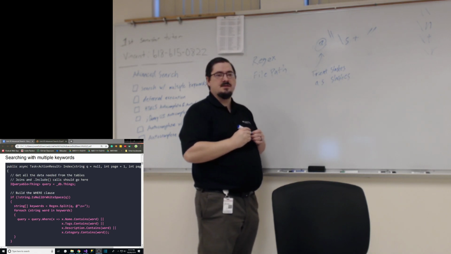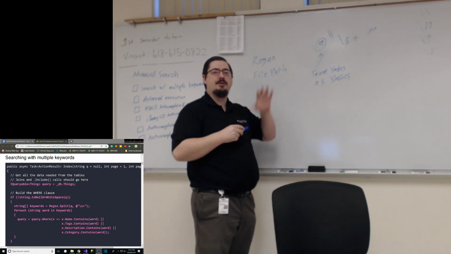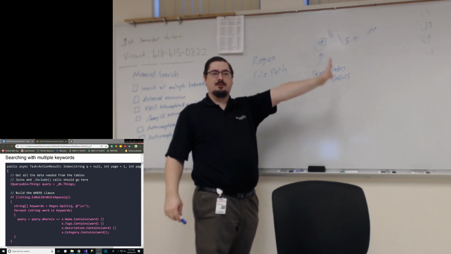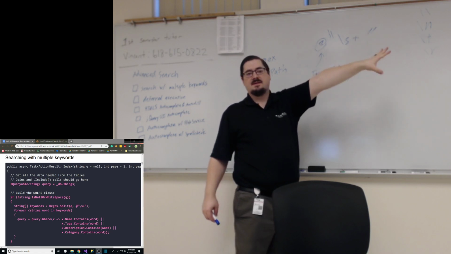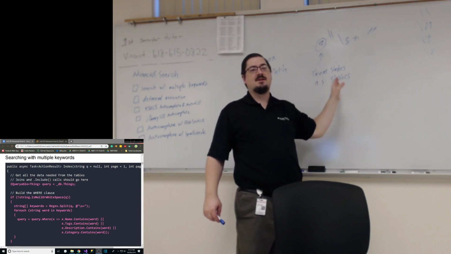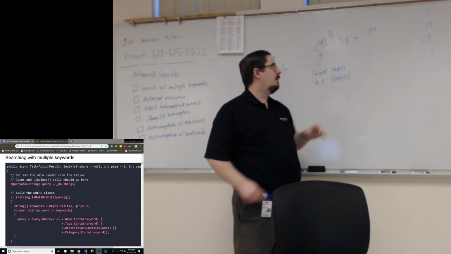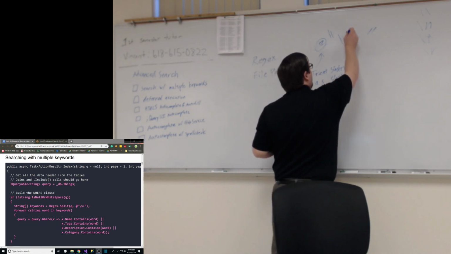None of the escape sequences work anymore. All the letters that I put in the string are now literal characters. That makes sense? So this slash s is not treated as a special character. It's treated as a slash and then an s. Okay? Now, slash s,